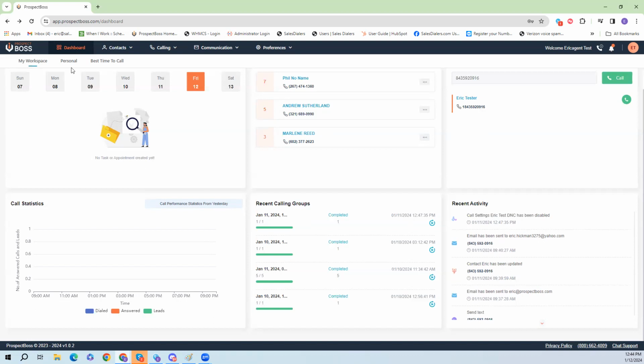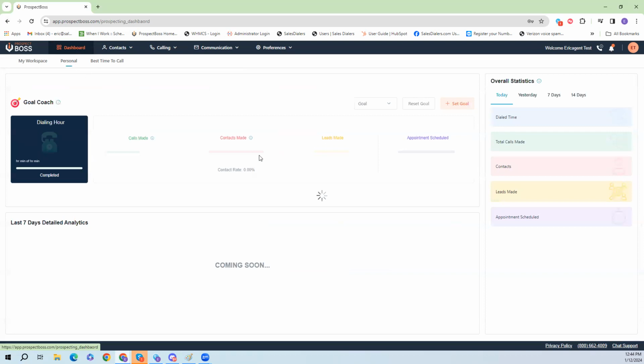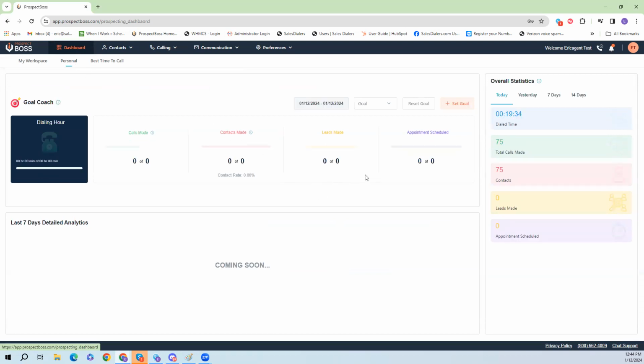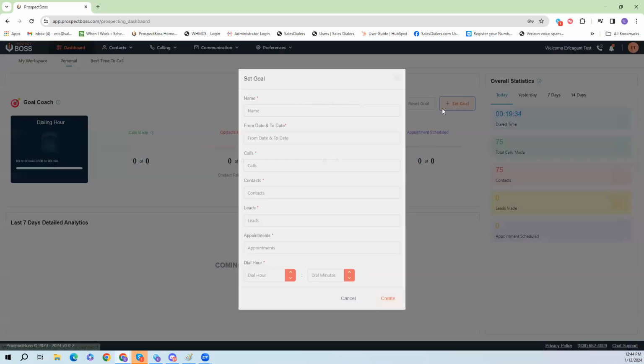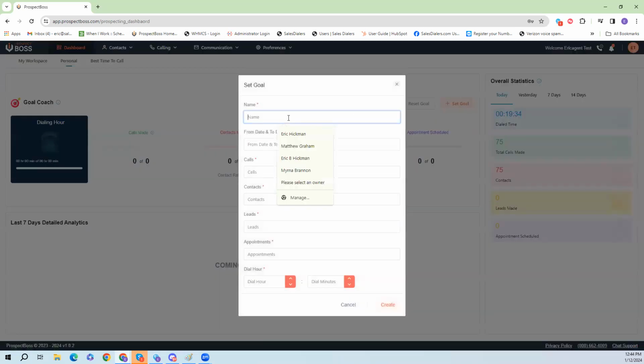Now, the next tab on our dashboard is the personal dashboard. Using this, you can keep track of your personal goals as well as your overall statistics. Inside the system, you can set new goals by clicking the Set Goal option. So if you want to set a goal for yourself,